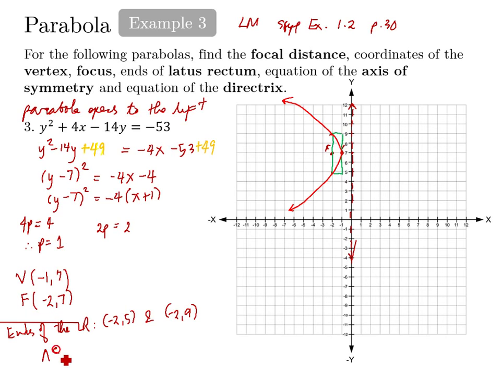Equation of the axis of symmetry. So, axis of symmetry natin ito. Tama siya dapat sa focus at sa vertex. Yan. Axis of symmetry, tumama sa y-axis at 7. Therefore, the equation is y equals 7. The directrix, as you know, tumama siya sa x-axis at 0. So, the directrix, the equation is x equals